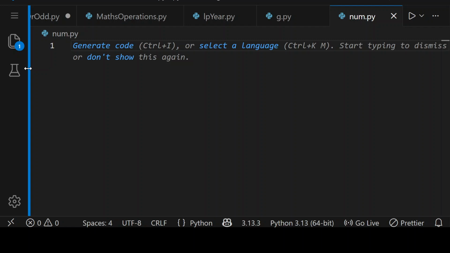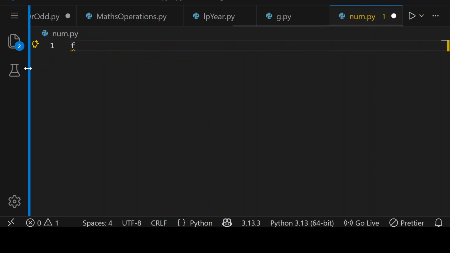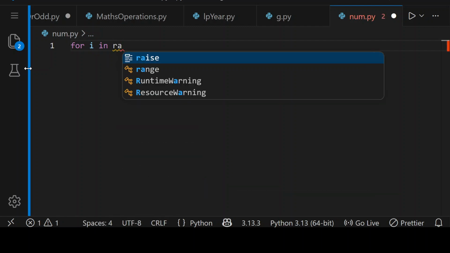Next in Python we are going to go for loop, in which first of all we are going to print numbers from 1 to 100. So for loop will go like this. For here we are taking a variable, and for i in range